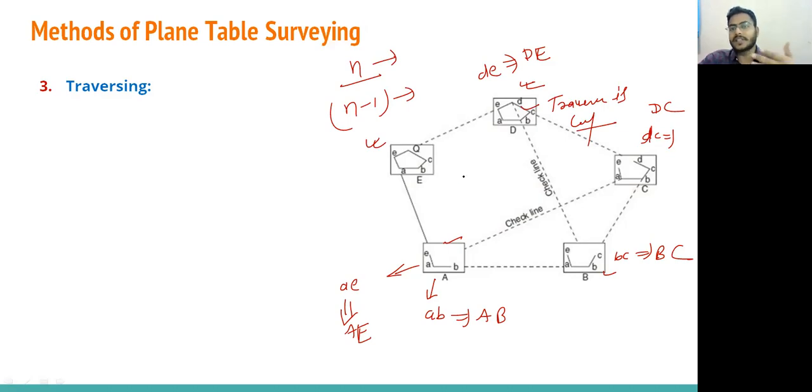So this is called traversing. We have to keep the plane table at each and every station, at least n minus 1 stations. Okay, and then we can measure the length. Okay, we can measure the length because we are sighting it. This is not intersection. We are sighting each other, so we can measure length. This one, this one, this one, this one. So we can use this traversing method where we are able to fix the plane table at various stations, right? So this is the basic procedure that I've discussed.